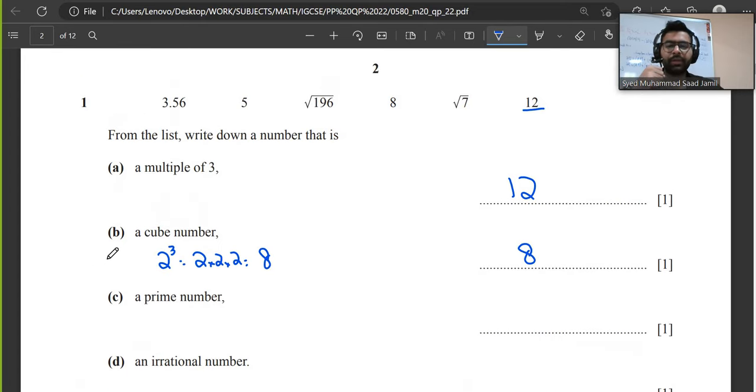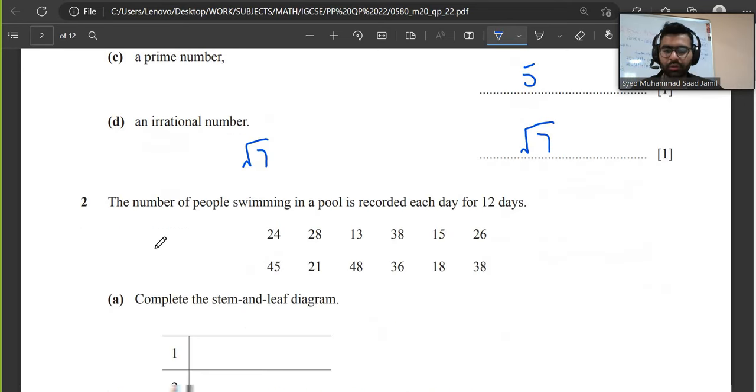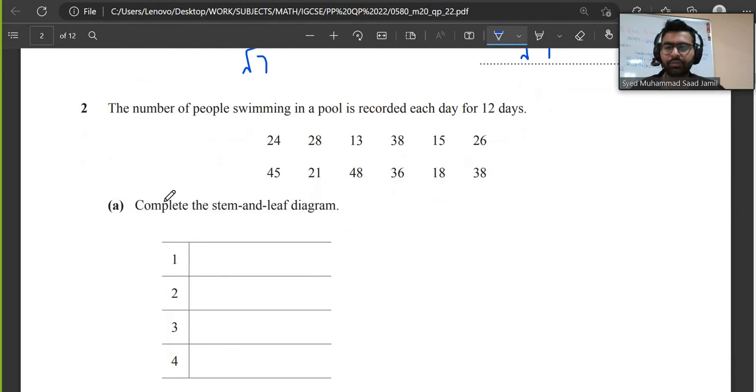A prime number is that comes in the table of 1 and in its own table. So in this case, 5 is a prime number. And an irrational number is that continues, that has no end. So under root 7 is an irrational number. That's your first question. Moving on to the second question, it says the number of people swimming in a pool